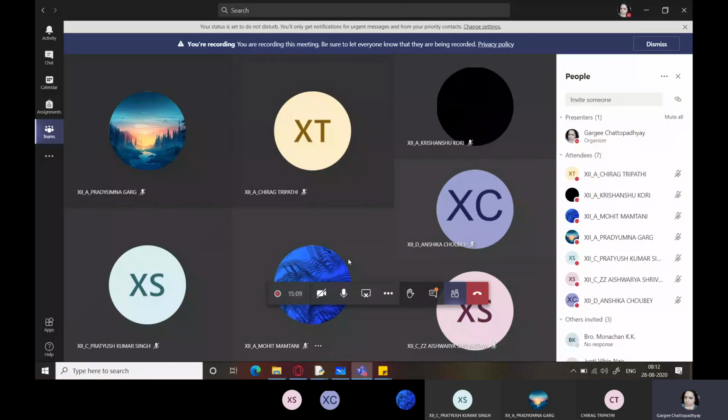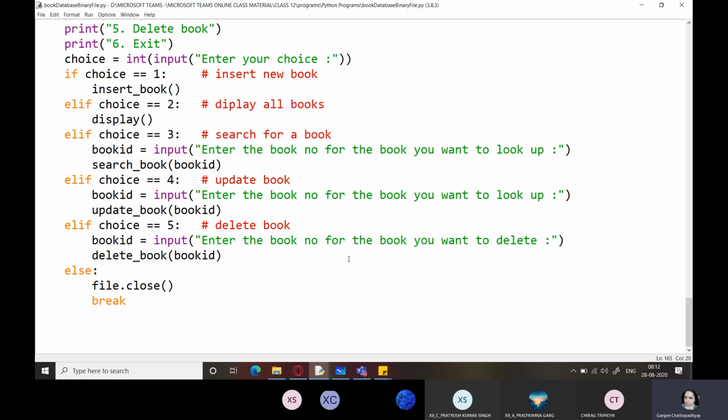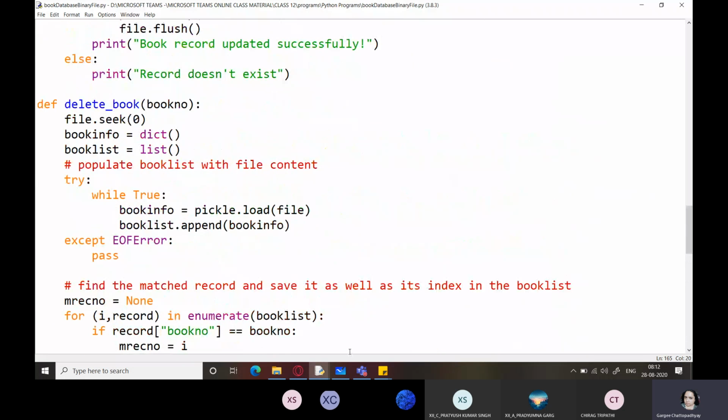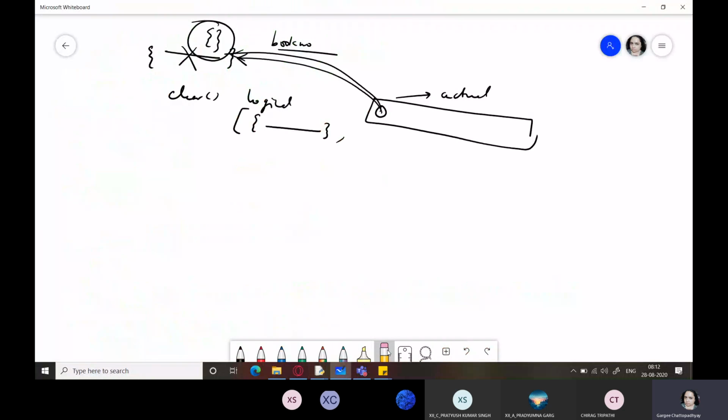Okay, I hope you all understand this program, everyone? It was like a mini project which you can use in your projects also. You can incorporate it, although in your projects SQL connectivity is mandatory. Okay, so I hope you all are already working on your projects. So keep working on your projects, and very soon we will be moving on to checking and evaluating all the projects and finding out the errors in that. So with this we end binary files, and today we are going to revisit CSV files again.